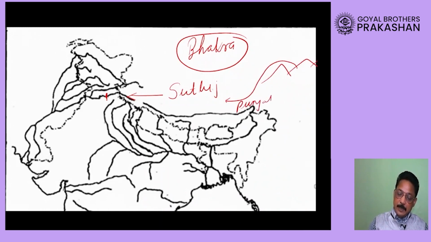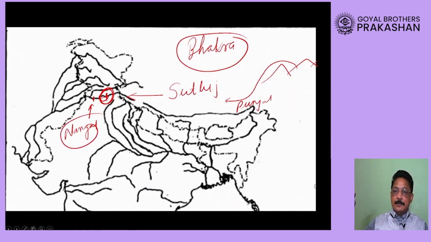Now where is Punjab? This is a mountain in Himachal Pradesh. When the river flows down, it will come into Punjab. So they have constructed another dam over here. Its name is Nangal. In this way, Bhakra Dam will produce electricity, because water will be flowing down from the mountain, and the water will come to Punjab, in a plain area where water will be obstructed, and it will later be used again for generating electricity, and you can also use this water for irrigation purpose.